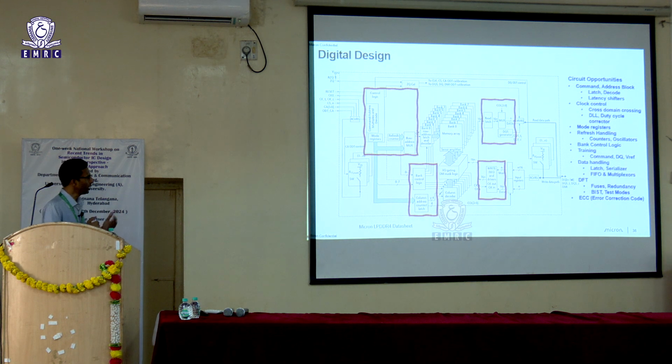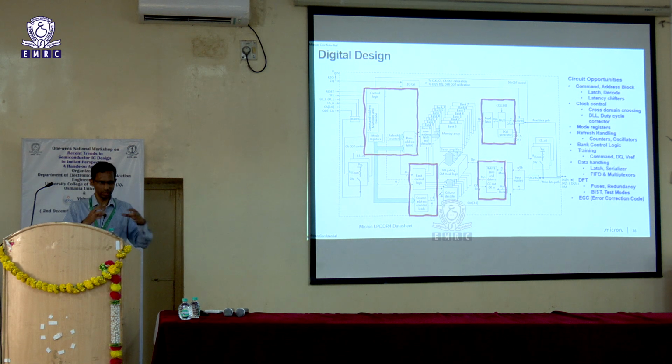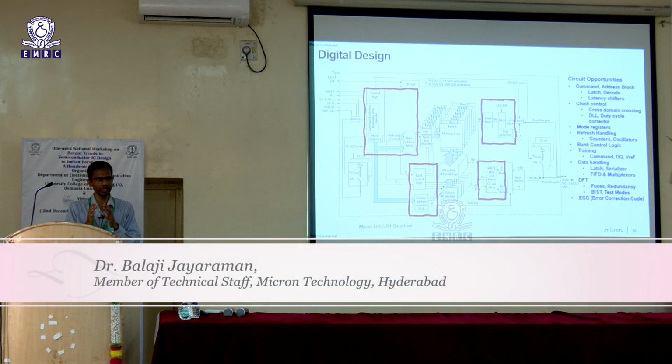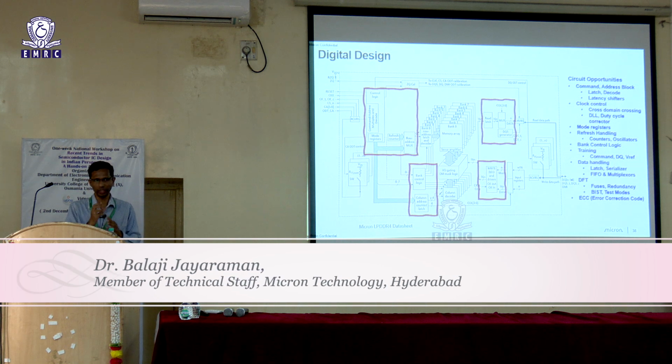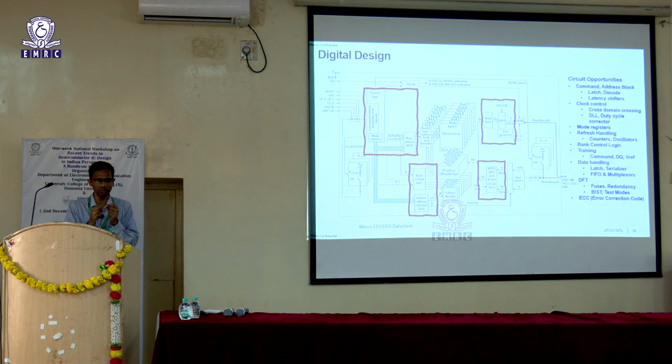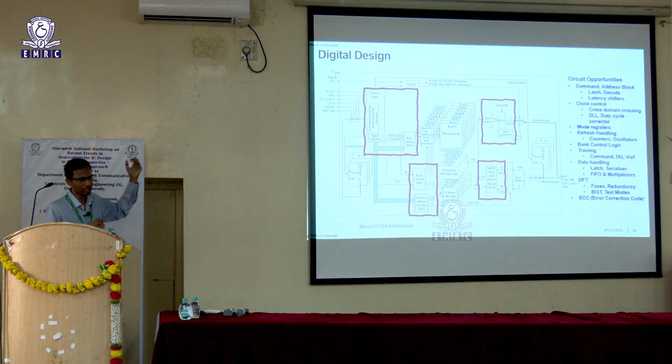And then we also need to train this memory. As I said, we need to interface this with a CPU, and the CPU resides somewhere else. Now you have clock and data coming into your system, and you need to ensure that with that clock you are able to sample the data properly. So what if there is a skew between your data coming in and your clock? You need to somehow ensure that at the flop which you have built inside your DRAM chip, you have a sufficient setup and hold margin. To ensure that, we have something called training, and you have training for both DQ as well as command. You have a command address bus coming in, and you also have the DQ bus. DQ is a data bus, and DQ, by the way, is bidirectional. You'll use it for read as well as write.